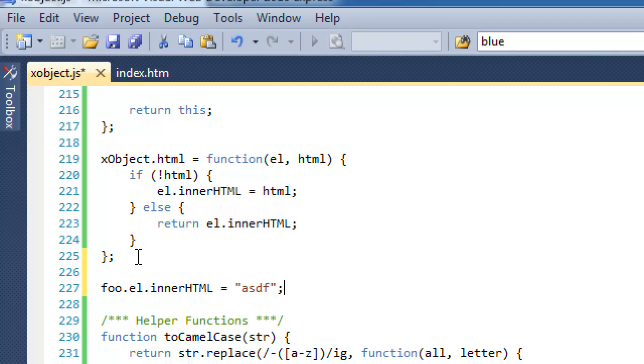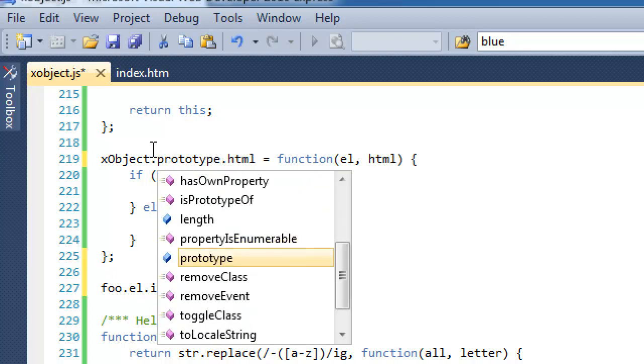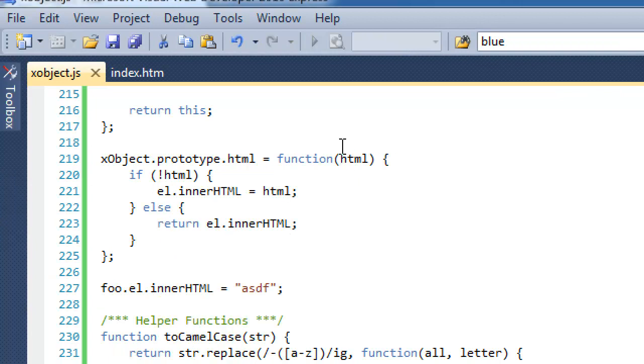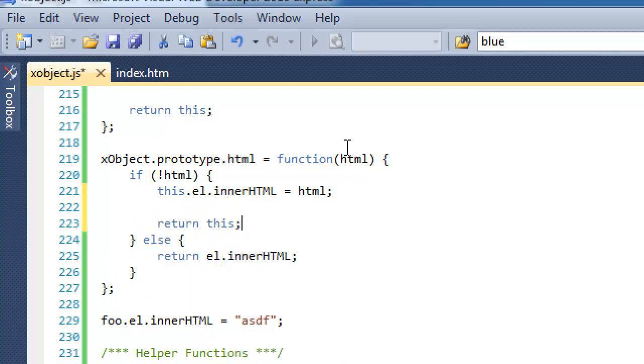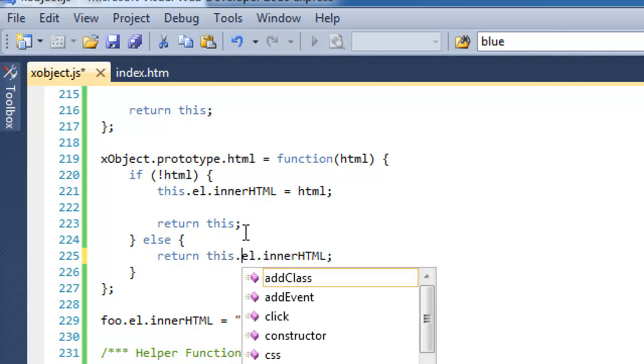So instead of taking this approach, we could convert this static method into an instance method. So we'll put it on the prototype, and with a few changes, we could make this a usable method that we could use with our XObject instances. So we'll just put this in a few different places. We will return this to make the HTML method chainable if we are setting HTML. Otherwise, we can't really return the HTML data and return this at the same time, so we don't need to